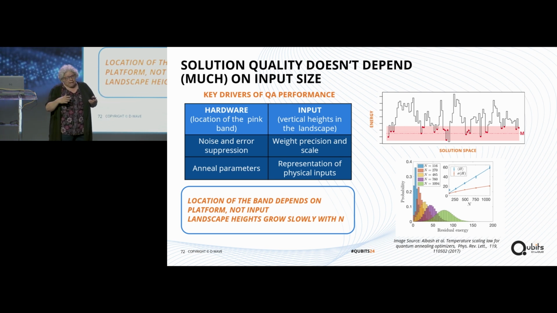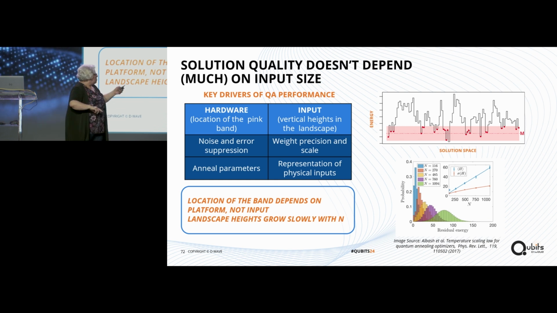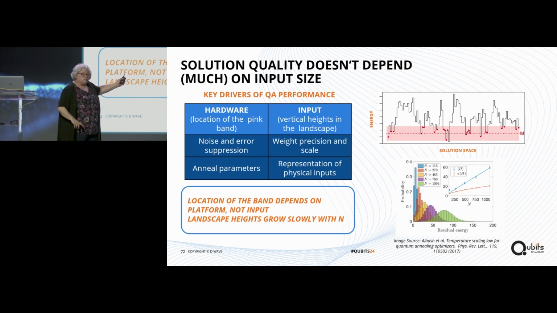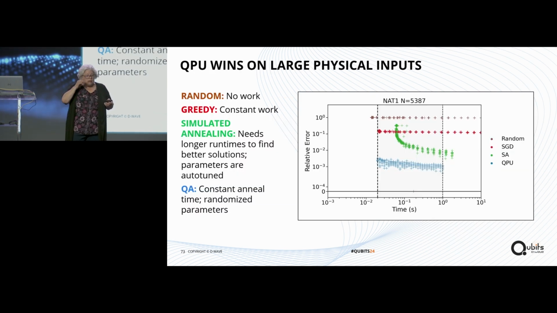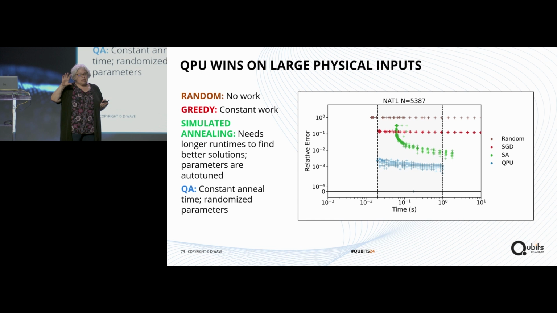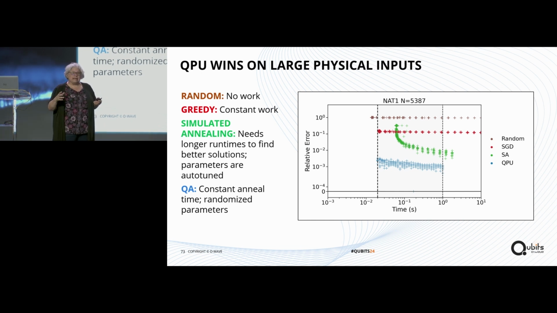So in this case, these histograms here are showing how that distribution varies with n. It slides to the right, and the blue curve there is the growth of the center of that distribution with respect to n, and in this particular case, it's growing about linearly in n. So what that means is that on the really big inputs, classical needs a lot more time to take each step, or linearly more time to take each step in a good case. But you need to take more and more steps on the really large problems.